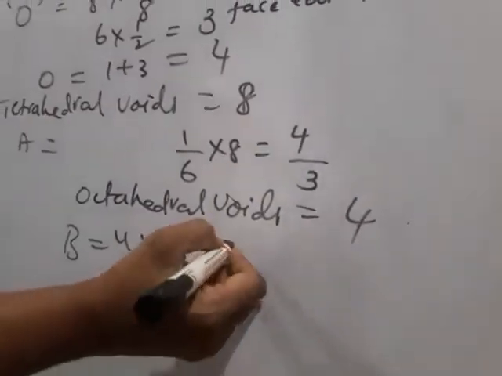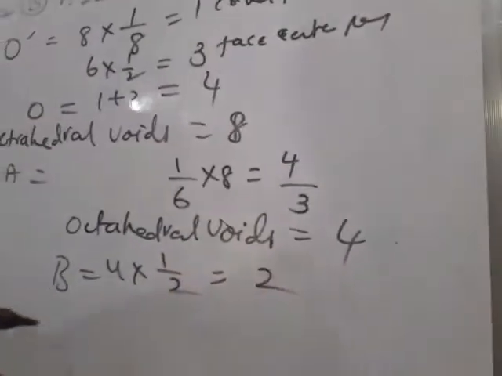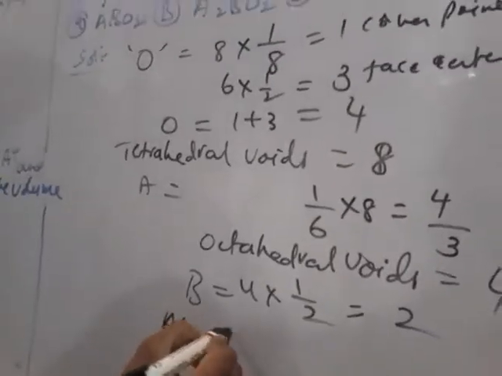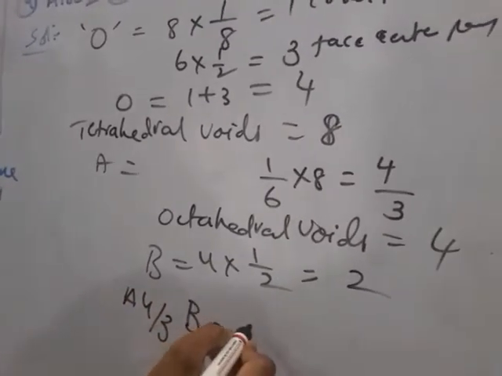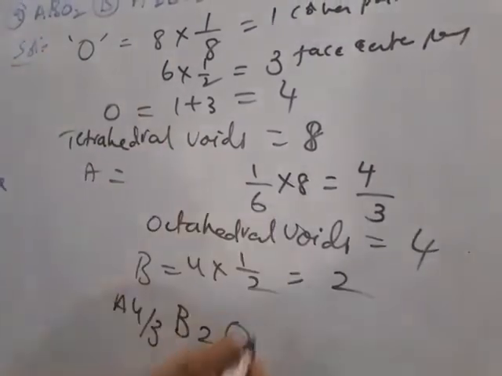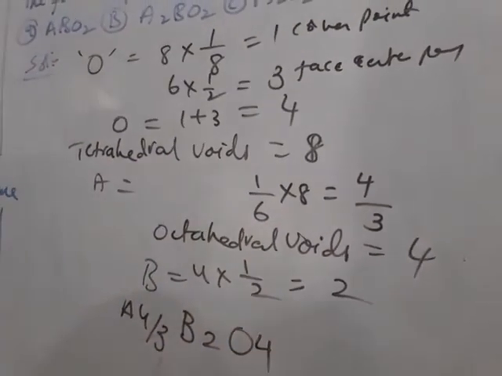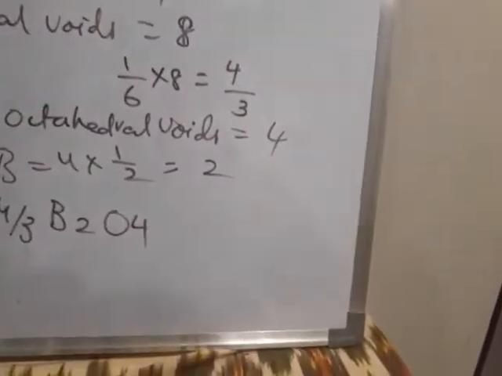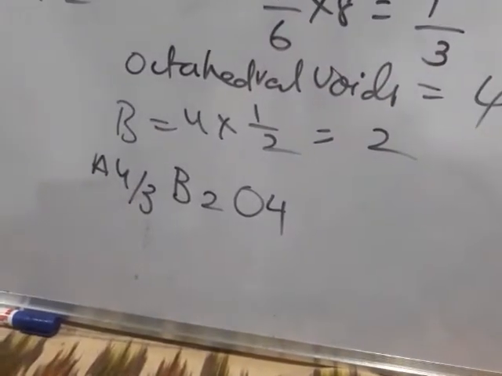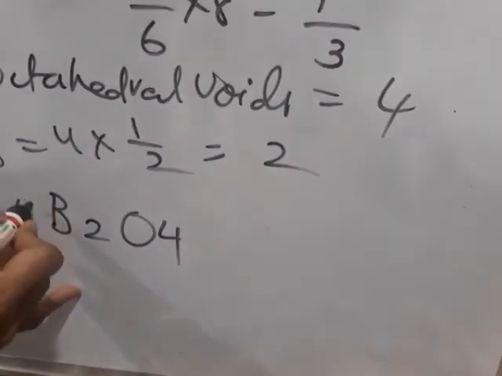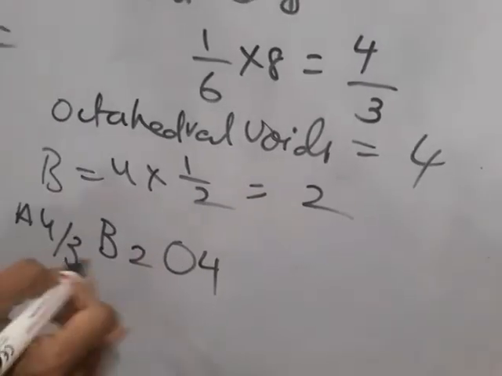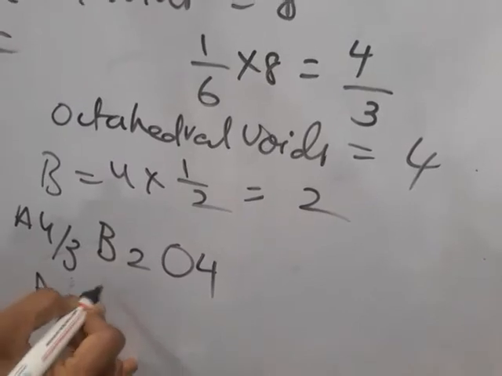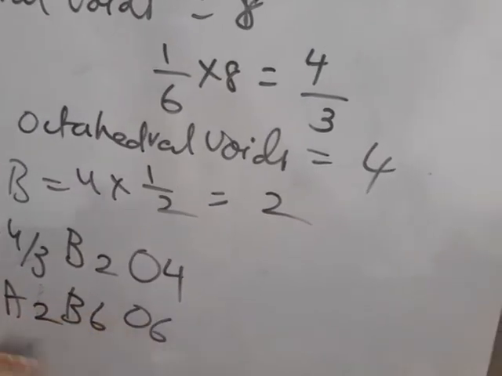So that's why 2. So now A 4 by 3, B 2, O 4. So this is the formula. But here this formula is not given, so we have to multiply this by 3. With that we get A2B3O6. So this is the